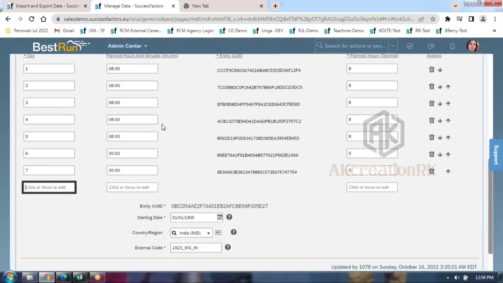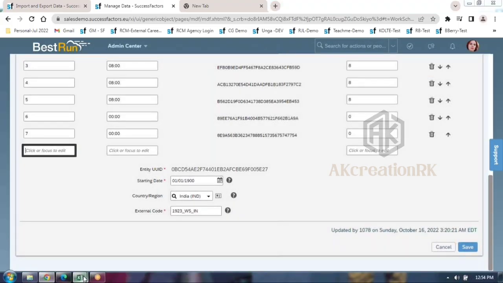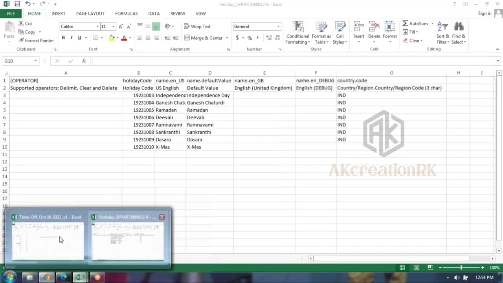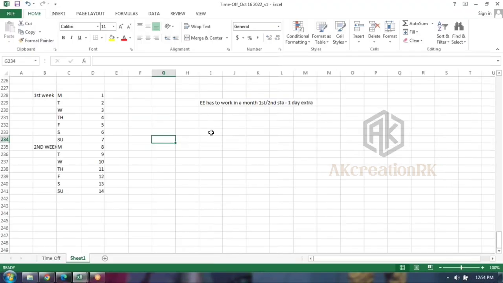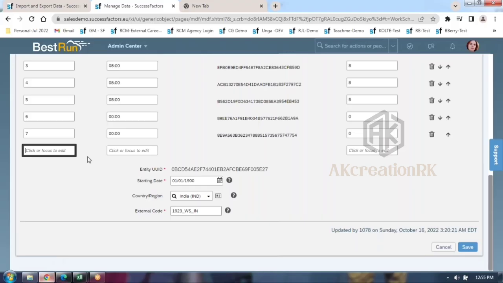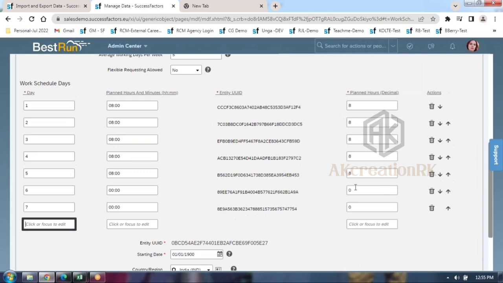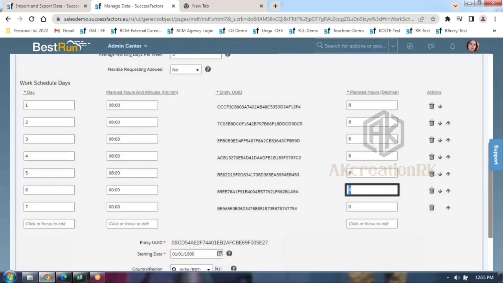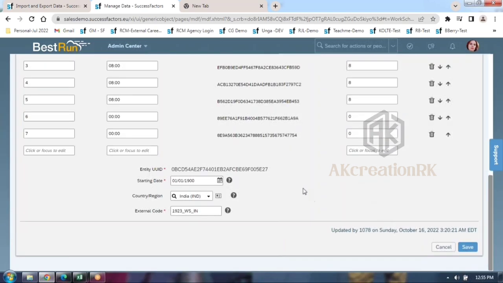This schedule is highly unlikely. But for an interview question, tomorrow the interviewer may ask: according to my customer requirement, the employee has to work 1 day extra in a month, it may be the first Saturday or second Saturday, how can I achieve that requirement? Your simple answer should be: go and write a 1 year work schedule, 8, 9, 10 until day 365. Then in that month, either the first week or second week, make it 8 hours here and click on save. This is the concept, guys.